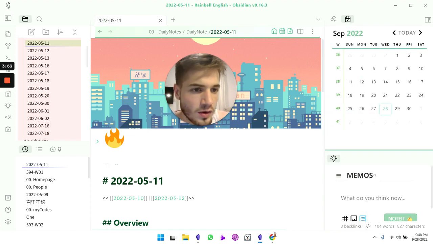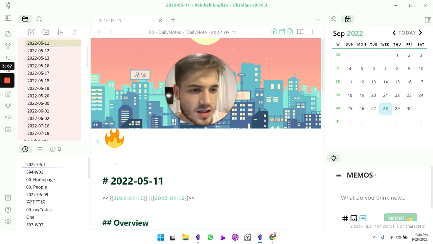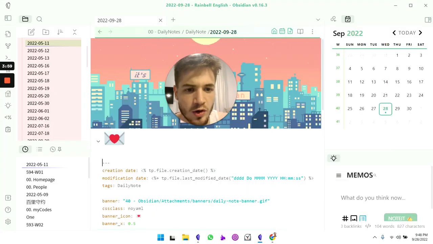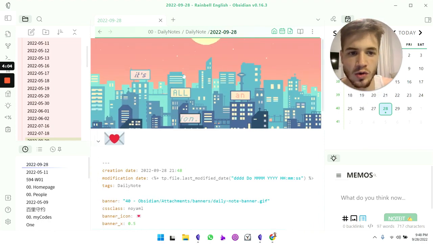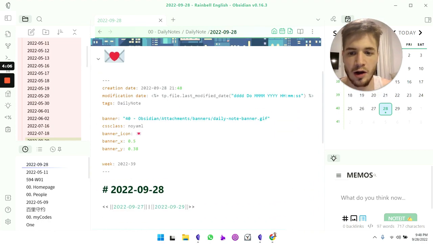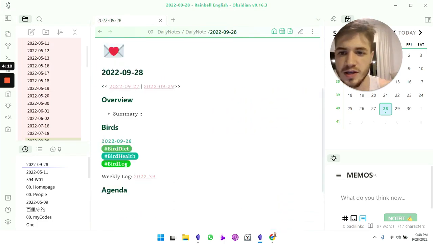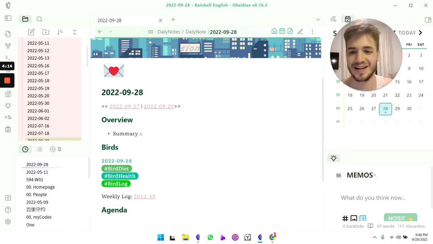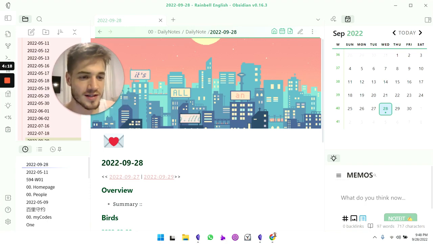We've got a full calendar, which I think is default in Obsidian actually, or it's a plugin. But let's say we create a new note. Okay, so this is a brand new note. It's all defaulted with this custom background over here. And if we just put it on read-only view, we can see it's got a summary. I'm not sure what the birds log and stuff like that is, but all right, we've got this calendar,